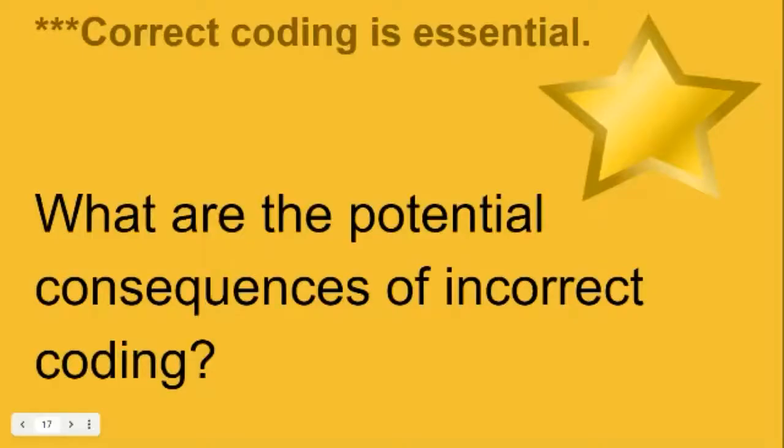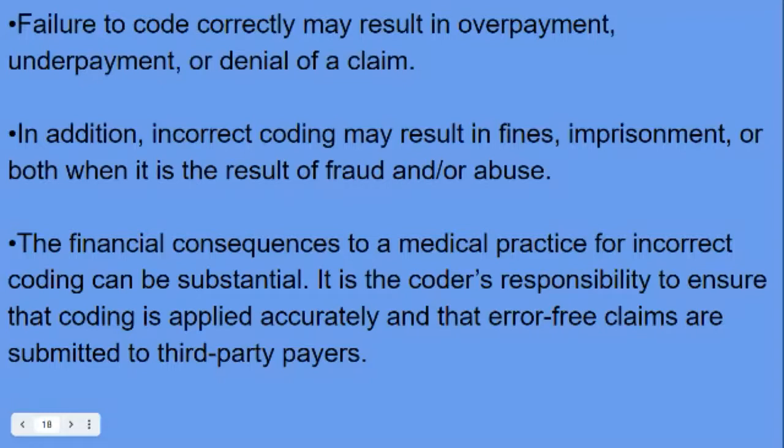Correct coding is essential. What are the potential consequences of incorrect coding? Failure to code correctly may result in overpayment, underpayment, or denial of a claim. In addition, incorrect coding may result in fines, imprisonment, or both when it is the result of fraud and/or abuse. The financial consequences to a medical practice for incorrect coding can be substantial. It is the coder's responsibility to ensure that coding is applied accurately and that error-free claims are submitted to